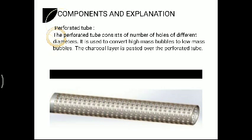Now I want to discuss the components and their explanation. We will be using one perforated tube in this aqua silencer. The perforated tube, which consists of a number of holes of different diameter, is used to convert the high mass of bubbles which are released during combustion to a low mass of bubbles. The charcoal layer is pasted over the perforated tube,